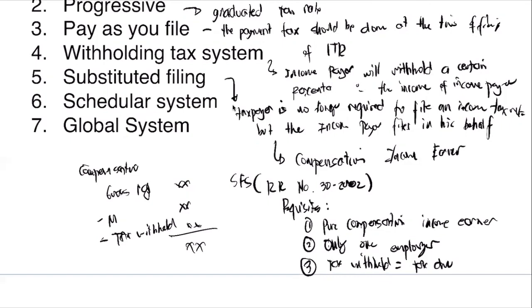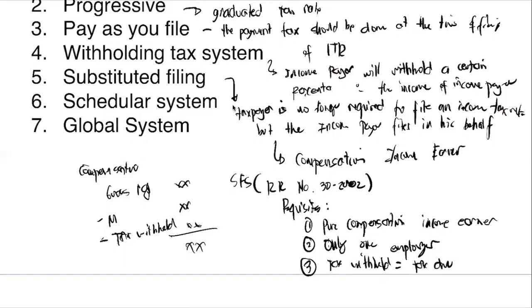So, dito sa compensation, meron pa rin tayong tax withheld. Pero dito sa tax withheld na to, since ganito kasi yan, guys, pag we-withhold nila ng tax sa compensation, nako-compute na nila dati yan. Meron tayong withholding tax table na kung gagamitin nyo yung withholding tax table na yon, kung magkano man yung income niya for the whole year, yun na yung tamang na-withheld. So, nangyayari to sa ating pure compensation.